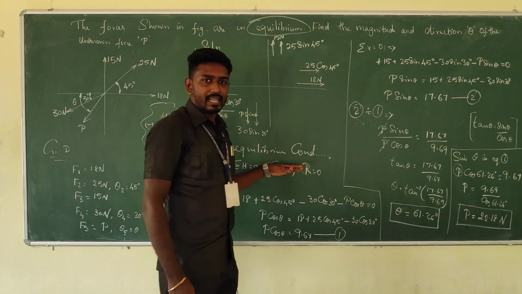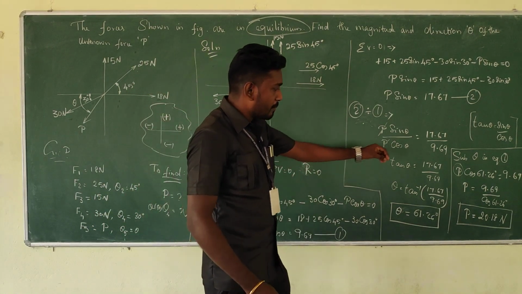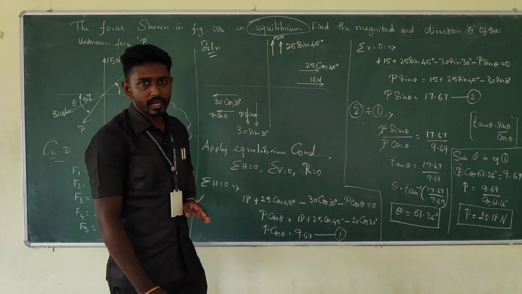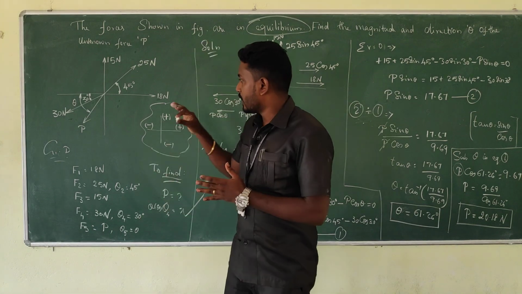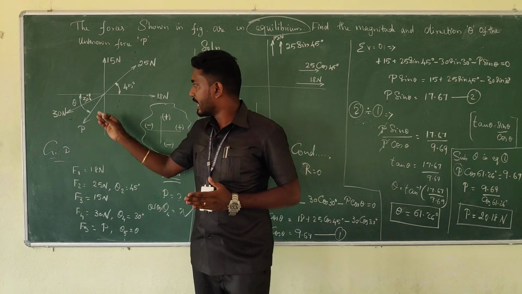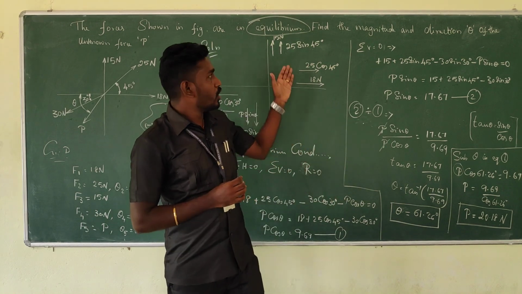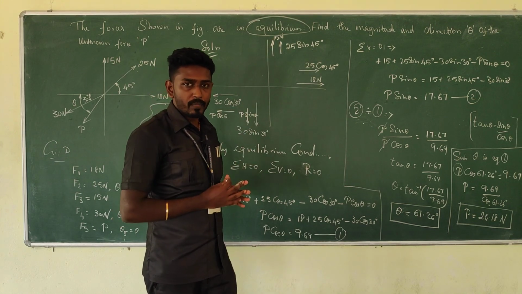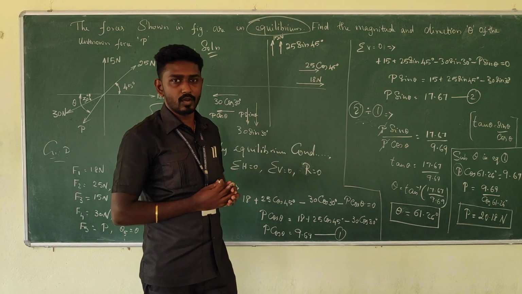So at last you can write about the results. You can make a title Result and write P is equal to 20.18 Newton and theta is equal to 61.26 degree. I hope you understood how to begin when you have a system of forces acting like this, and any force is unknown with the direction also unknown. You must begin with the equilibrium condition, or else in your question there will be a clue related to it, like the summation of H or summation of V. Okay, thank you so much.